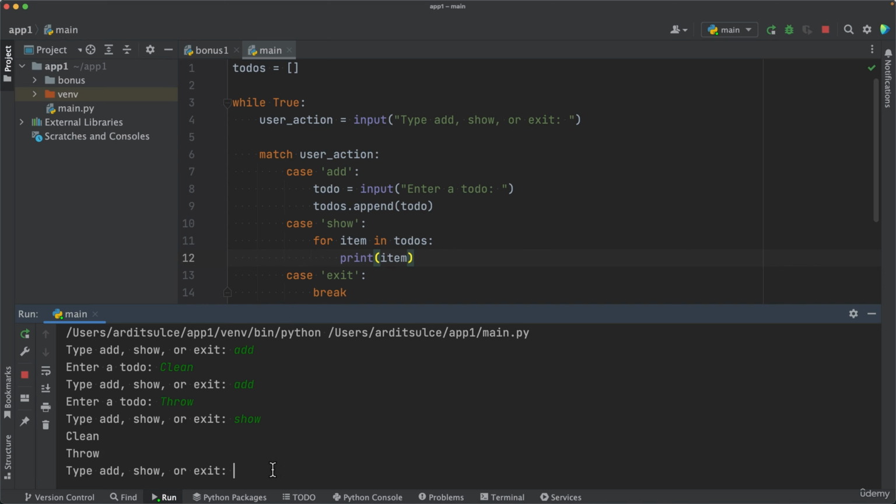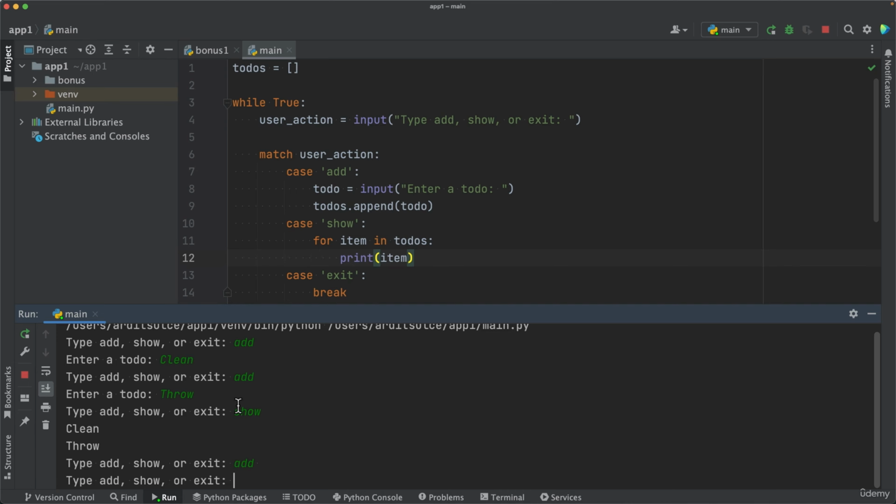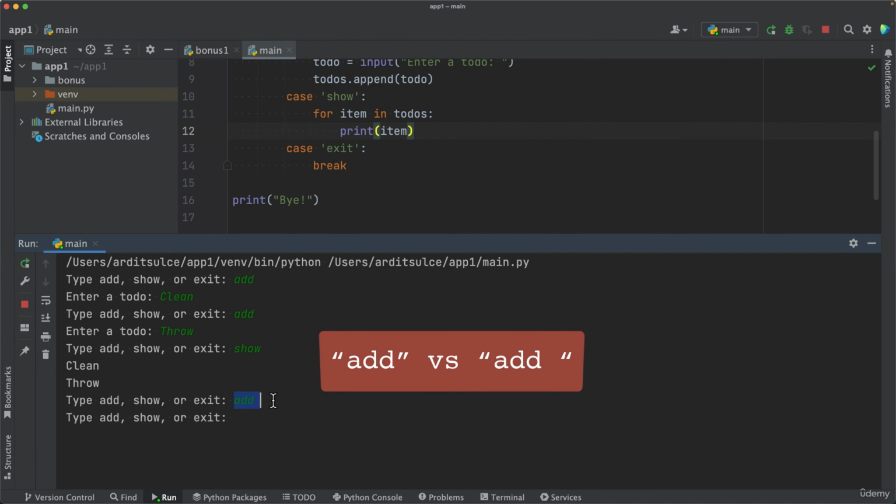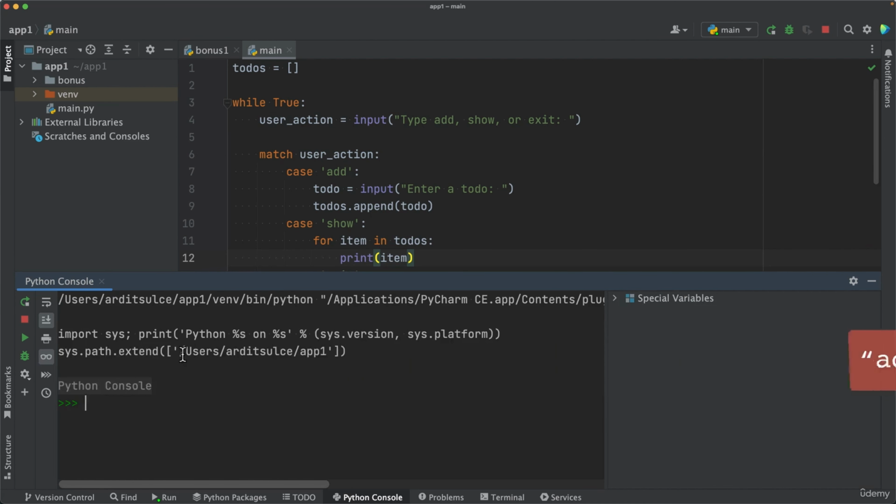But what I wanted to show also is how to make a small improvement of our program. Because what happens is that if you press add, so the program is asking us to type in add, show or exit, and if you press add and then maybe you make a space, a white space character, and then you press enter, the program will not recognize that because it is not add, it is add plus white space. So for Python, that is a different string. So add and add with a space,